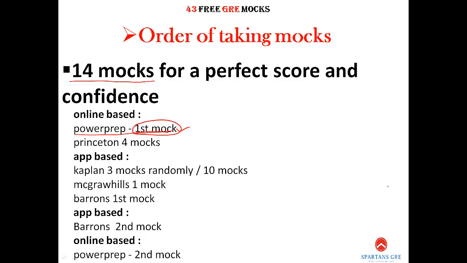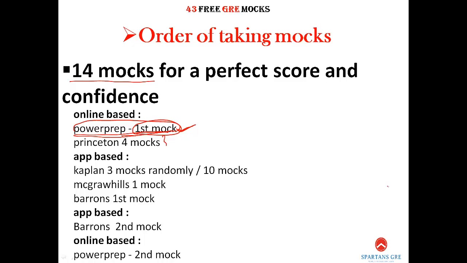After taking this mock, don't just take it in an easy way. Put in your 100% effort, and once you're done with the mock, analyze each and every question: where you are going wrong, where you're getting right, your strong areas and weak areas. Spend some time on this first mock, which is very important. Then you can figure out how much time exactly you need to prepare for GRE. Once you are done with your analysis of Power Prep 1, you can have a clear roadmap of your preparation. That's how you have to start. Then you will start preparing with your mocks or books, anything.